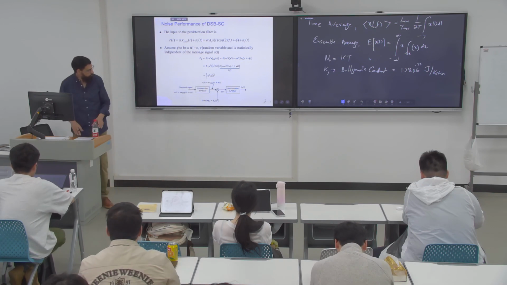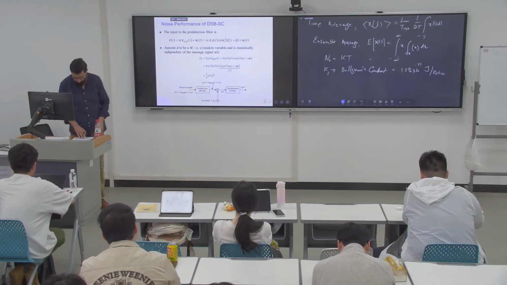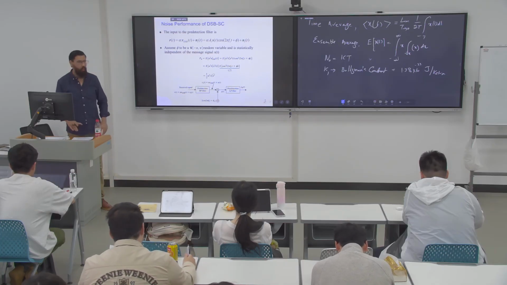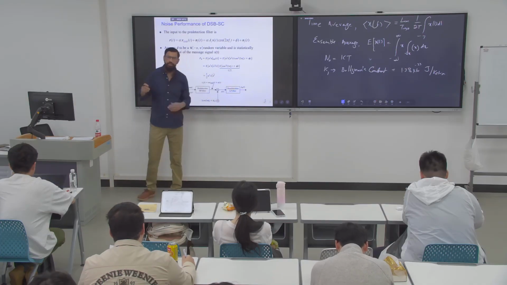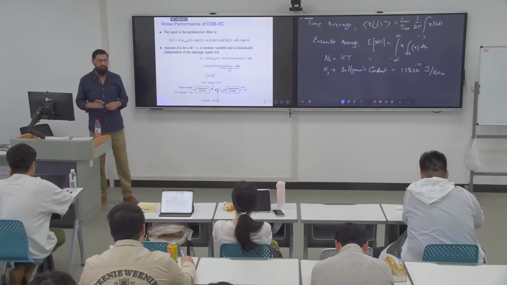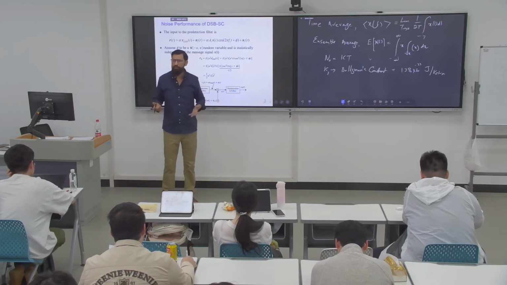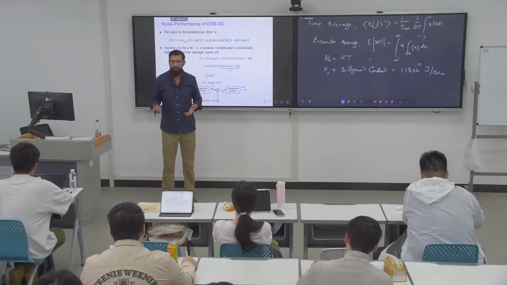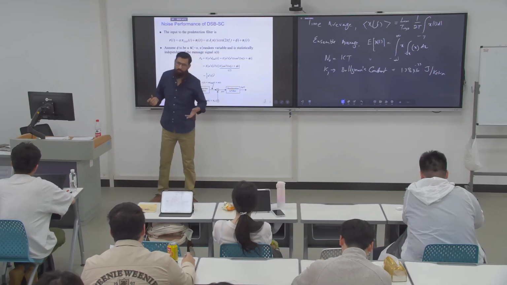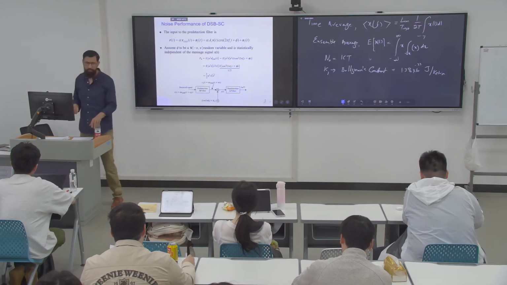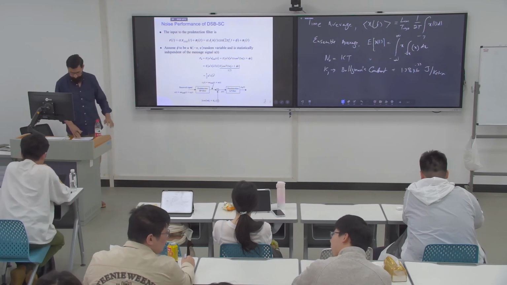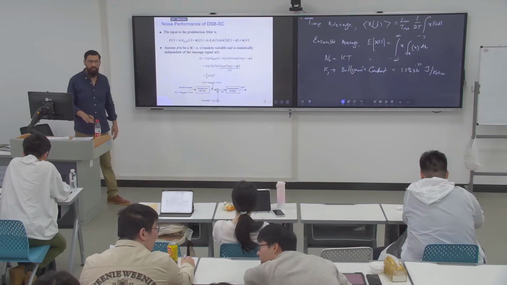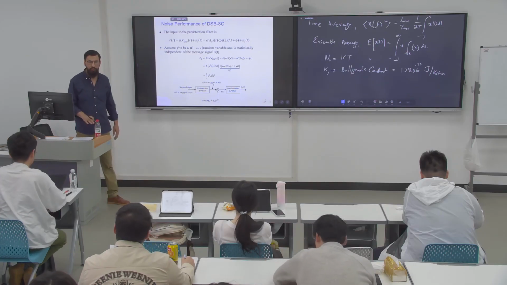How is it half? Well, what is cos squared theta? Cos squared theta is half, and in the bracket, 1 plus